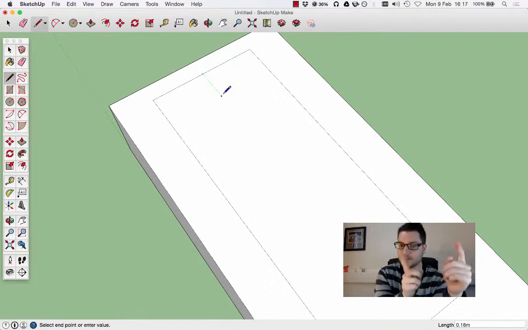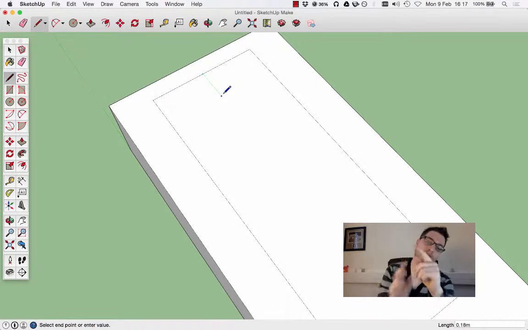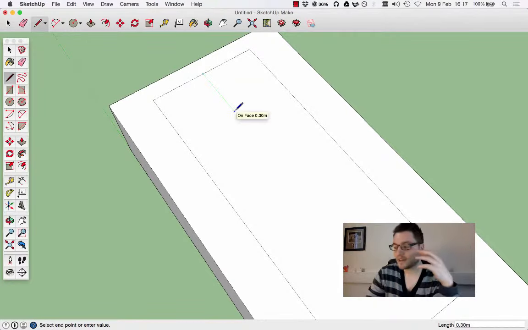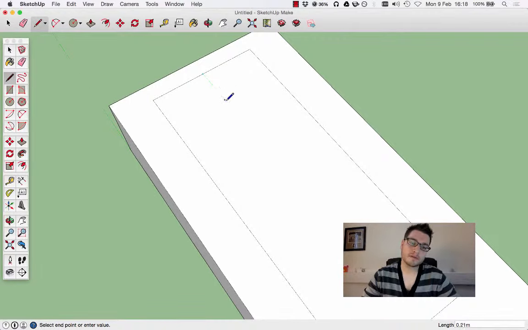Okay, so 5 centimeters. Then we got a circle, and that circle is 5 centimeters long, which means 10 centimeters from that edge there, right to the other side. If you find this slightly complex, don't worry. You don't need to remember any of this. Just remember that I'm working in my head here. I'm speaking out loud. So we can draw a line which is going to be